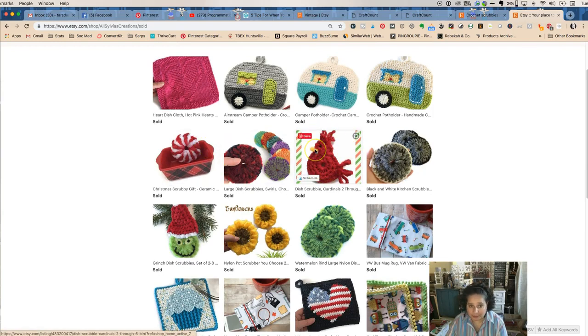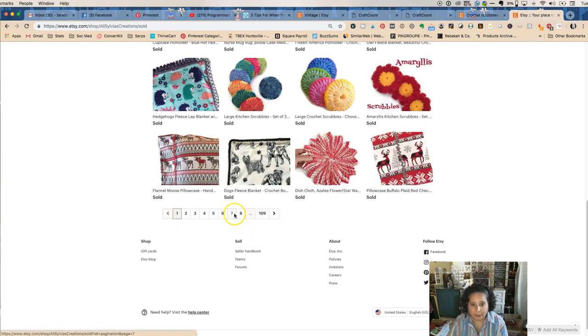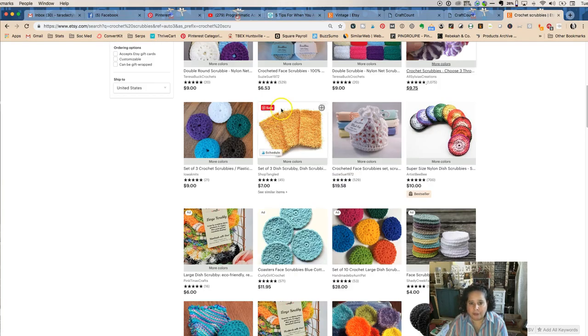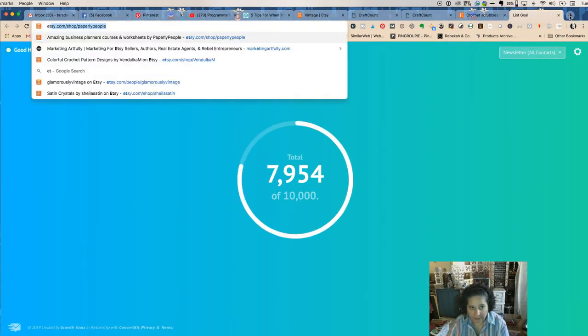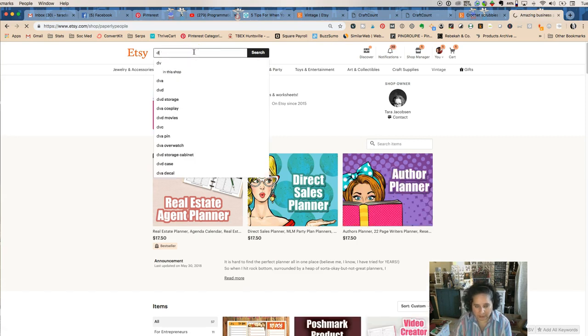Okay, cardinal scrubbies. So she has a different shape. Christmas scrubbies, sunflowers. So you could do different shaped scrubbies. That's very fun. All right, you could do different shapes this way. I have a scrubby issue and I've been looking at these. So, let's see, scrubbies